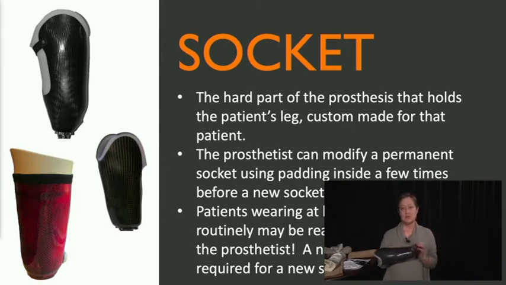If the patient is ready for a new socket, that does require a physician's order and insurance approval, and we as therapists can help with that. Our documentation can also help with that. In the assessment, we should be saying, this socket doesn't appear to be fitting anymore because of this, this, and this. Patient has pain with ambulation. We've added socks. It's not resolving the issue. And it's time potentially for a new socket, and then you refer back to the prosthetist. So I think that's really important for our documentation to support what the prosthetist is doing and what the patient needs.